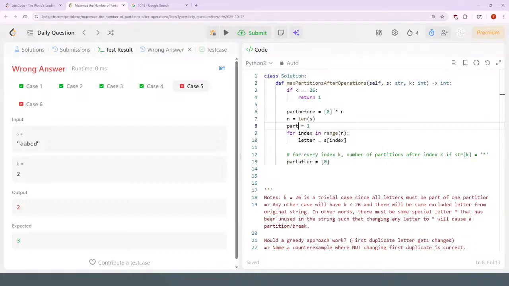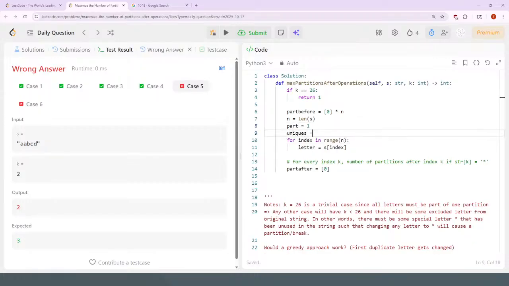If, let's say, uniques is a set, which is the same thing as the partition set before, I can say if the length of uniques equals k,